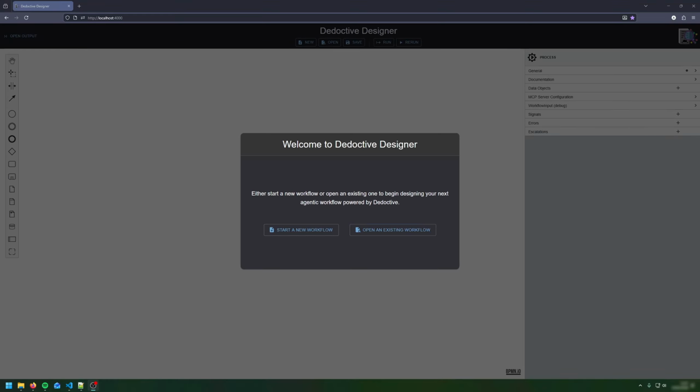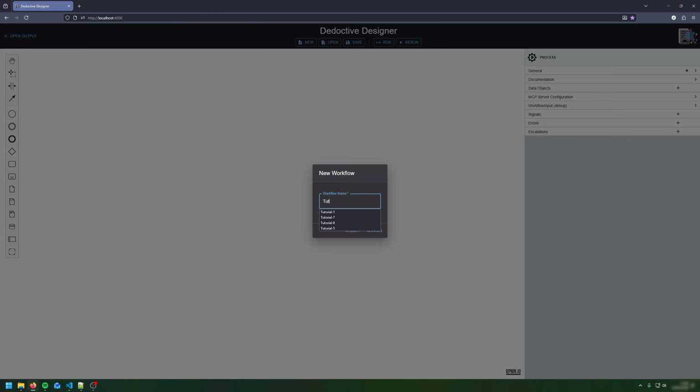Hi, I'm Alistair, and in this video we'll be creating a workflow which calls MCP tools directly. This gives greater control for when you don't want an LLM to decide what tools to call, unlike in the previous tutorial. So we're going to start off by starting a new workflow. We're going to name this tutorial 4,